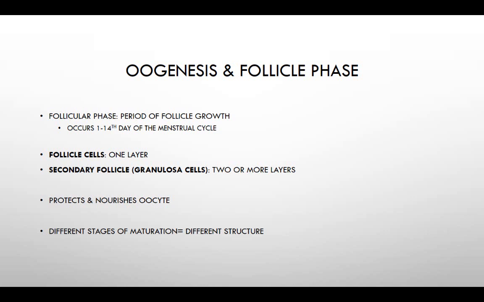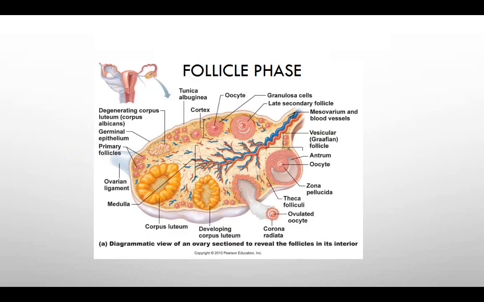And we have different stages of maturation for different structures. So let me just show you this picture. This is the ovary here. Here are the primary follicles. So you can see the little oocytes here, and they're really small, but they have this little teeny follicle around them. And one of those cells is picked to mature, and it goes through the process of oogenesis. And look how the follicle gets a little bigger. Okay, it's a little thicker, and then it gets a little thicker and a little thicker, and eventually we get